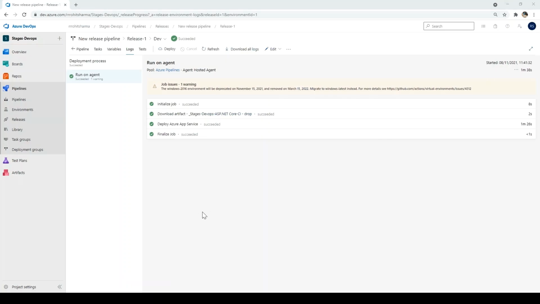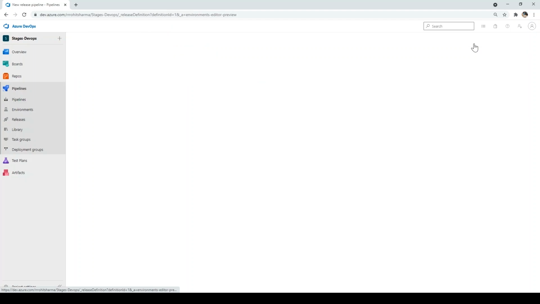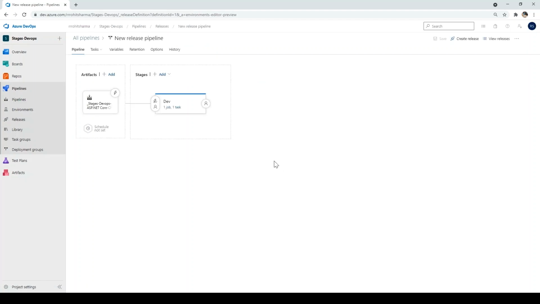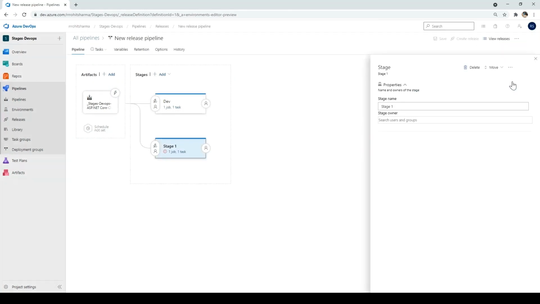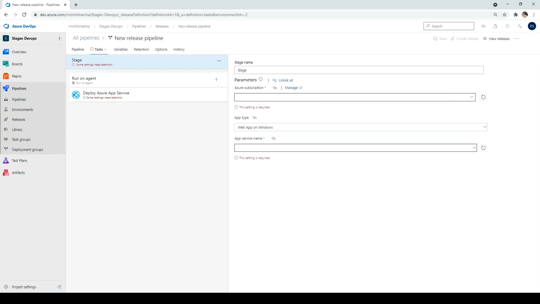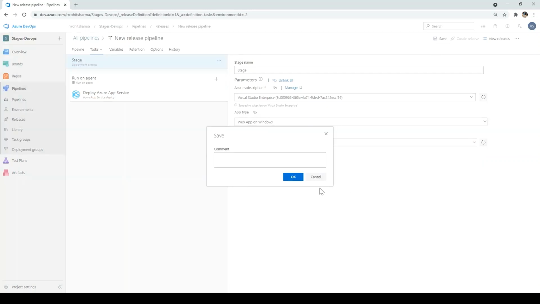For that I'll go back to Azure DevOps and I'll click on releases and here click on edit. And when you have to add the stage, click on the plus icon here, then click on stage here and select the Azure App Service Deployment again. Click apply and name it staging, and click on cross again and then select one job, one task. Again you need to select the subscription and again you need to select the app services, but this time it should be stage. Click on save, click OK.